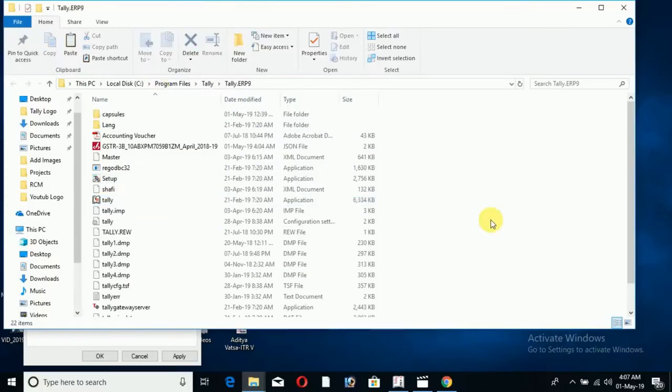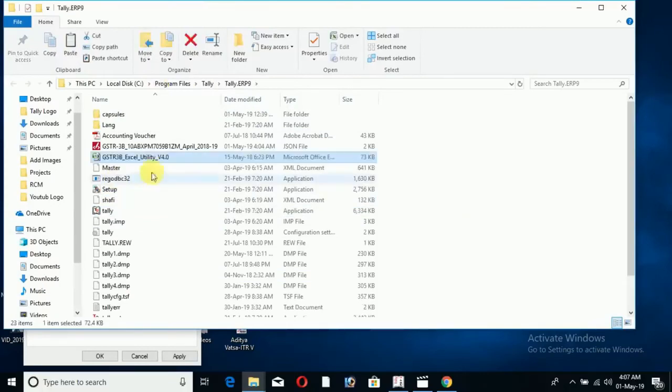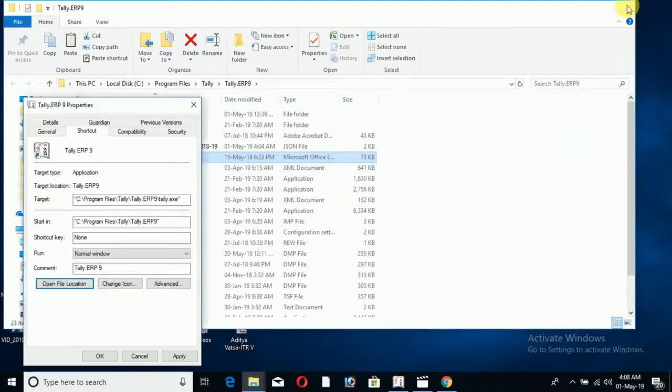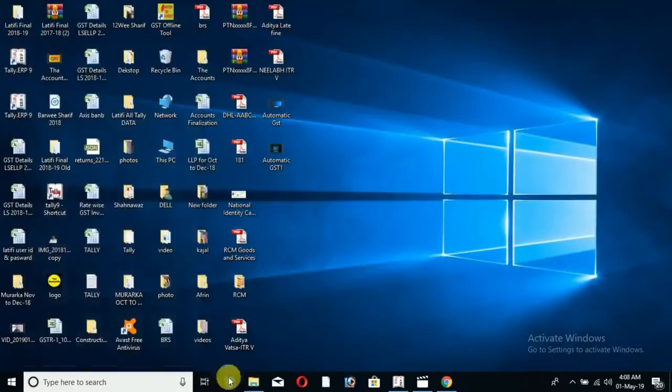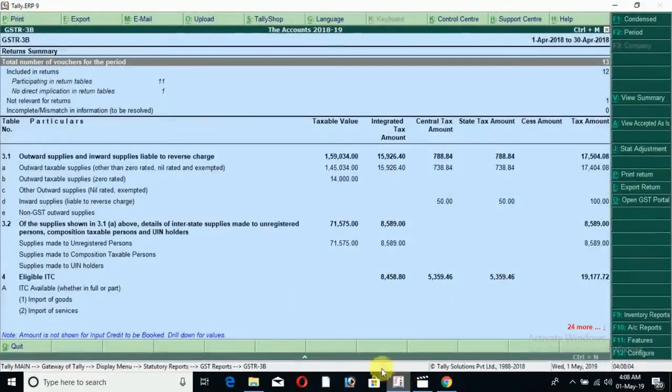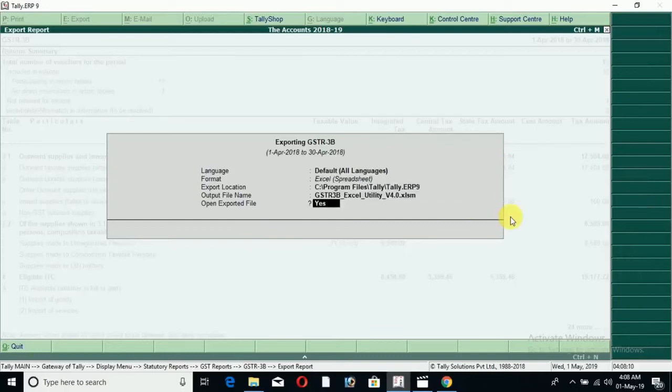Here, press Ctrl V. So Excel file is copied here finally. Now we will no more get that error message. Go to Export Return. Choose Excel. Open exported file yes and accept yes.